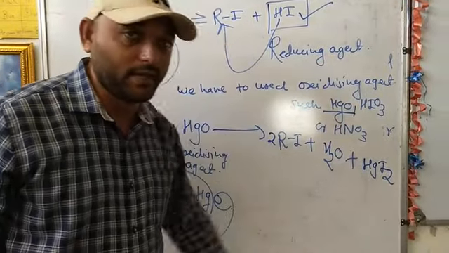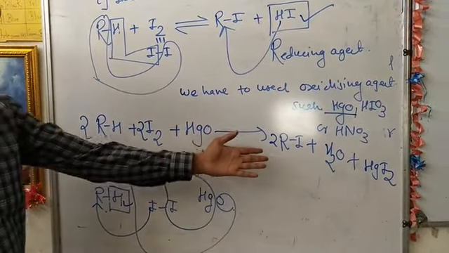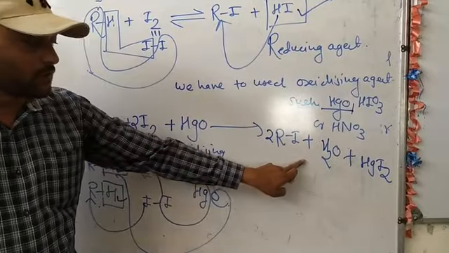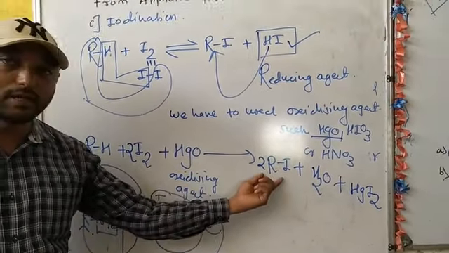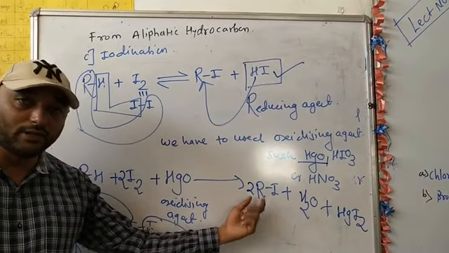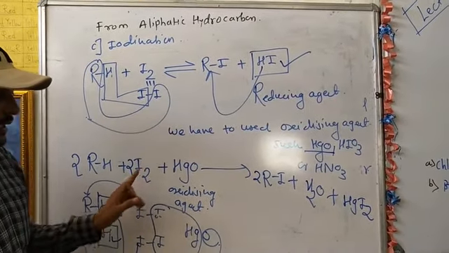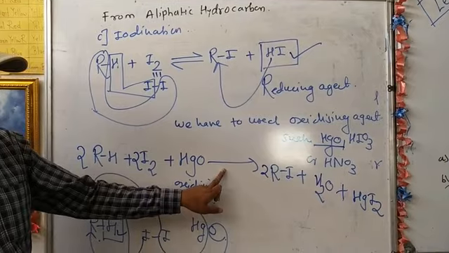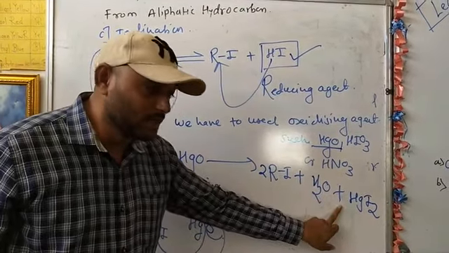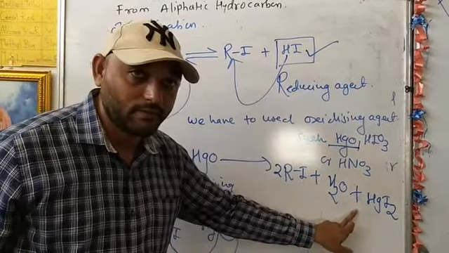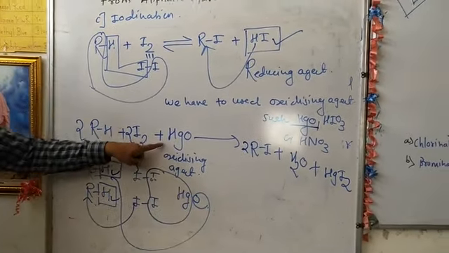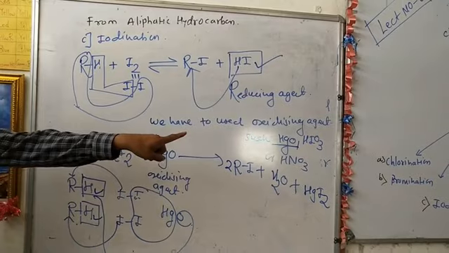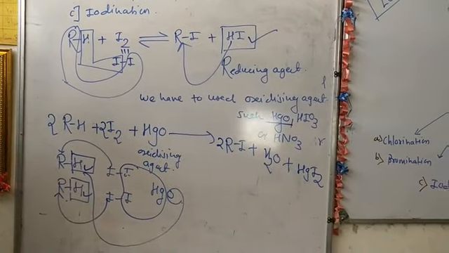and mercury iodide. Here, hydrogen iodide is not formed due to the presence of the oxidizing agent. Hence, we get an appreciable amount of alkyl iodide, and thereby avoid the reversible reaction because the byproduct HI is not formed. Hence, the iodination should be carried out in presence of an oxidizing agent such as HgO, HIO3 or HNO3.